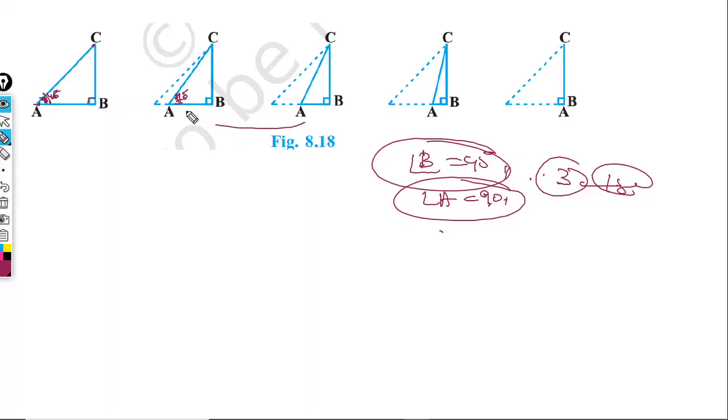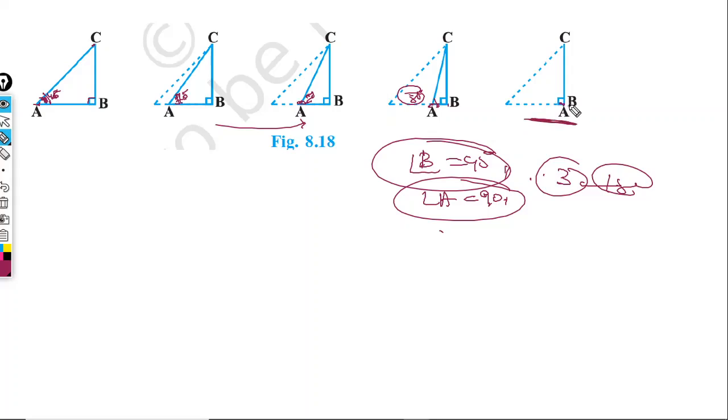Now again we have to push A towards B. So we have pushed A towards B, and suppose this angle is now say 80 degree. Now it is 85 degree, and when we coincide the point A with B, like here,